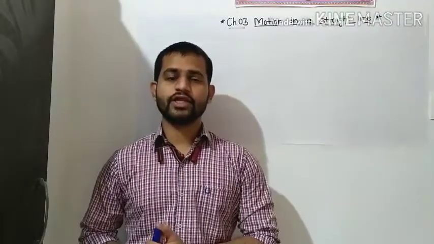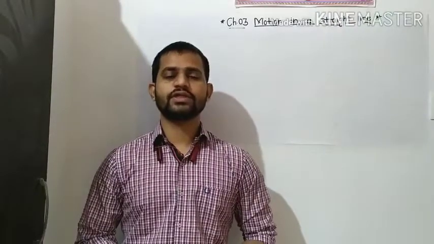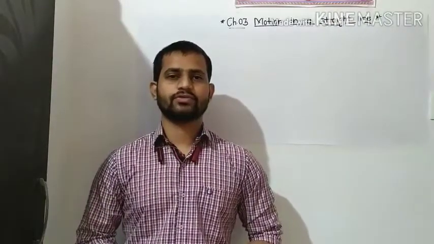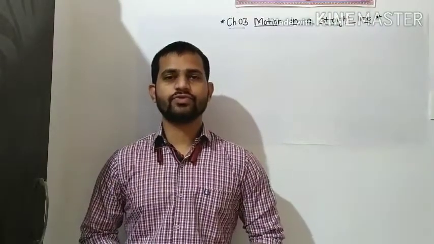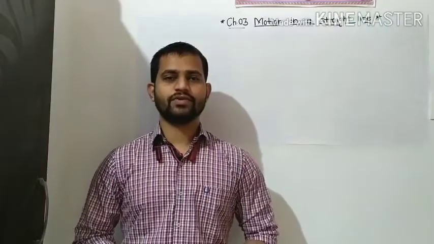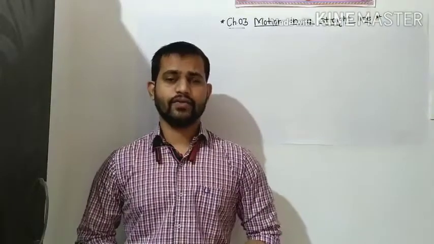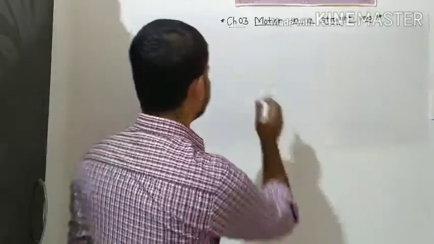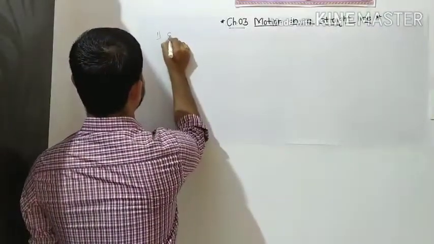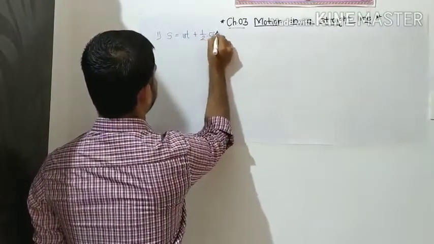These three linear equations of kinematic motion you have to remember always in your academics, because we have to use them in particular topics also, and for reference. First of all we will prove one of the kinematic equations by using our basics from the slope of a VT curve and the area under the VT curve. So first we will see the equation s is equal to ut plus 1/2 at square.